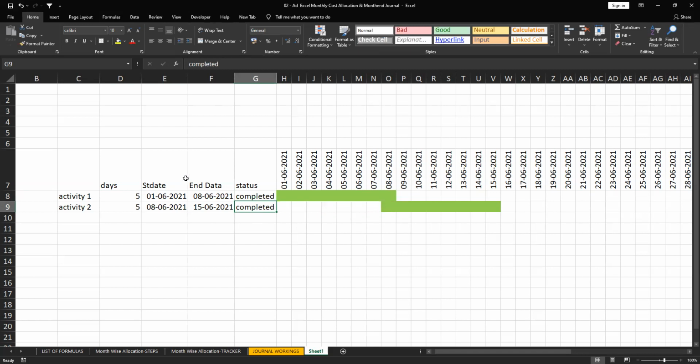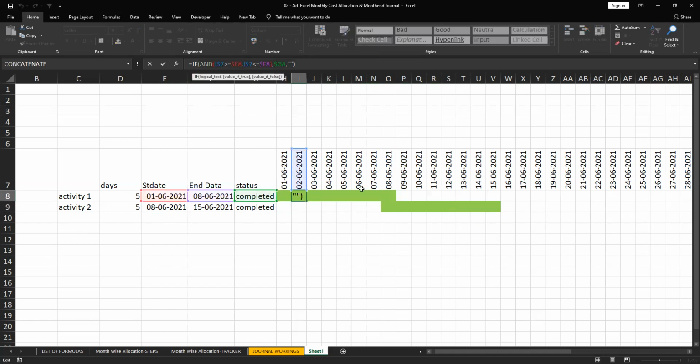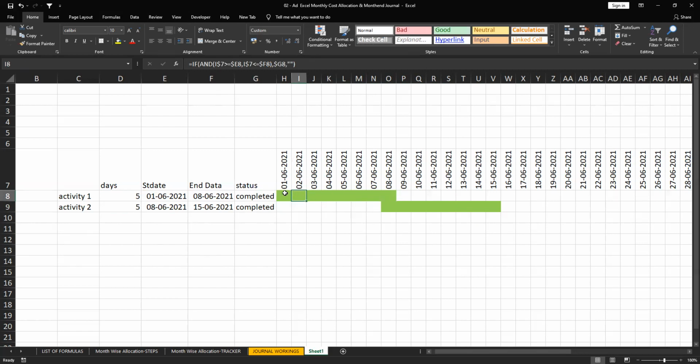Like this. So whatever criteria you want, you can set: yet to start, not started, whatever you want. Based on that you also see the color highlight in this. Right? So this is how exactly we have done the allocation-wise. With that only, the same logic we need to apply here as well.